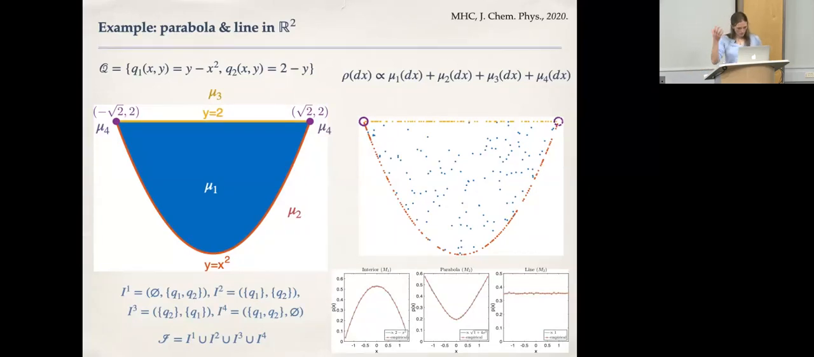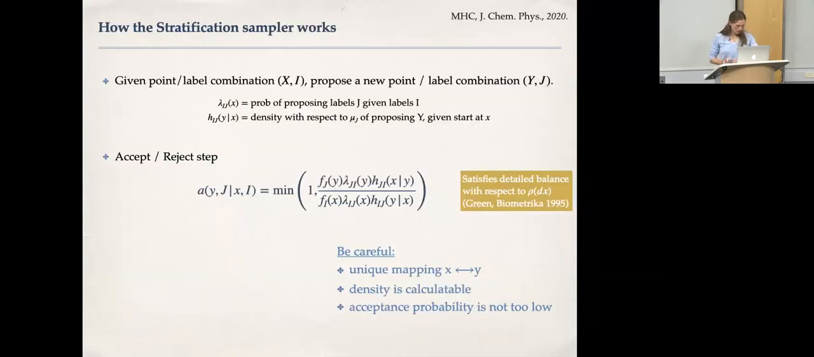OK, so that's just to have a picture of what a low-dimensional stratification looks like. So now, how do we go about building a method that samples from that probability distribution? We're going to do this using a regular Monte Carlo method. We start with a point x and a label i, and then we propose a new point and label